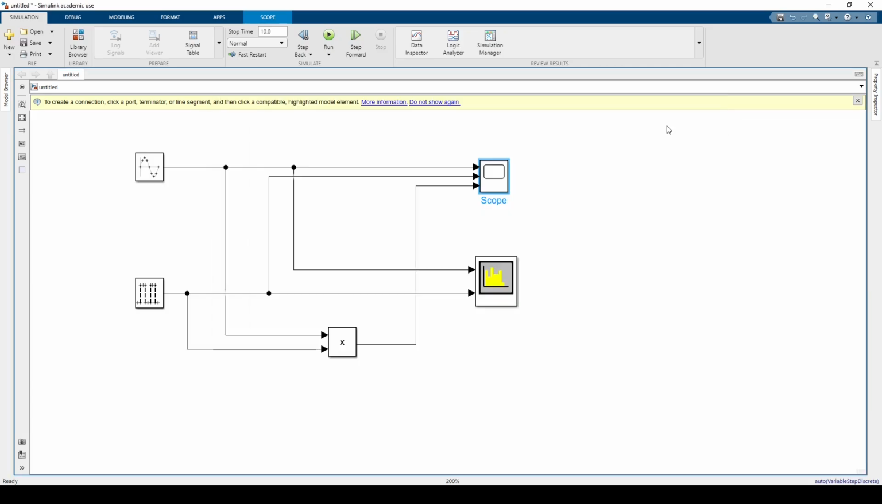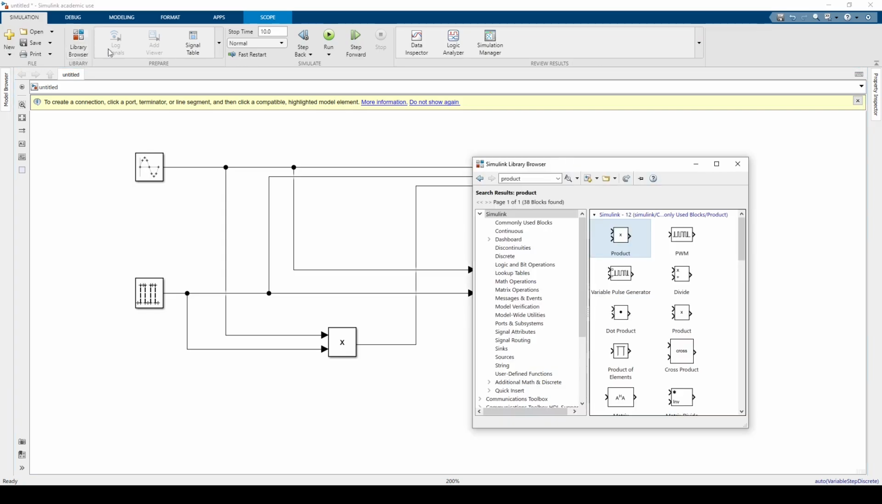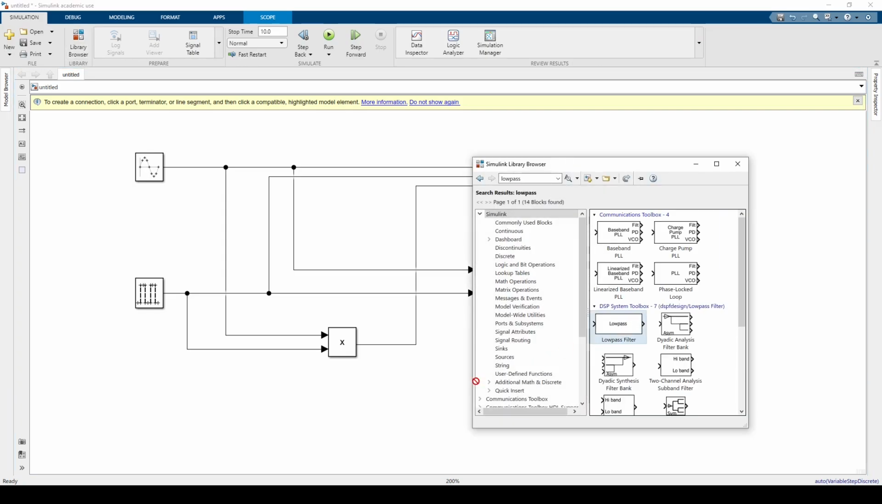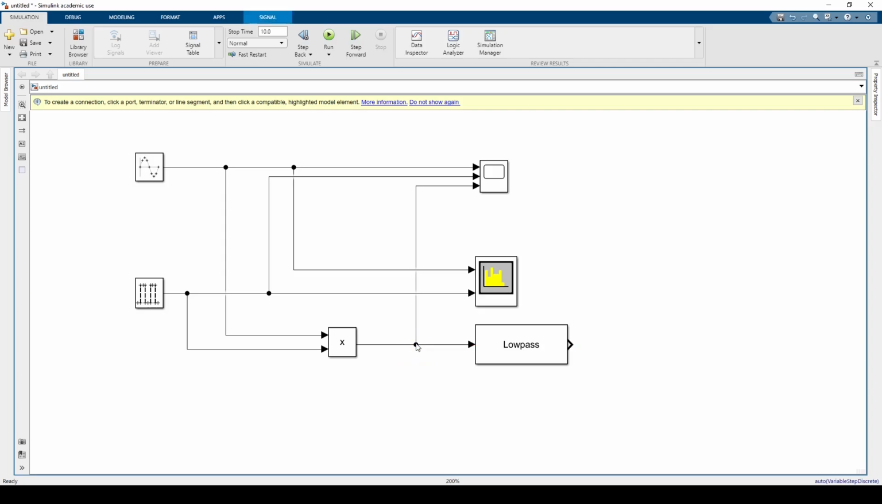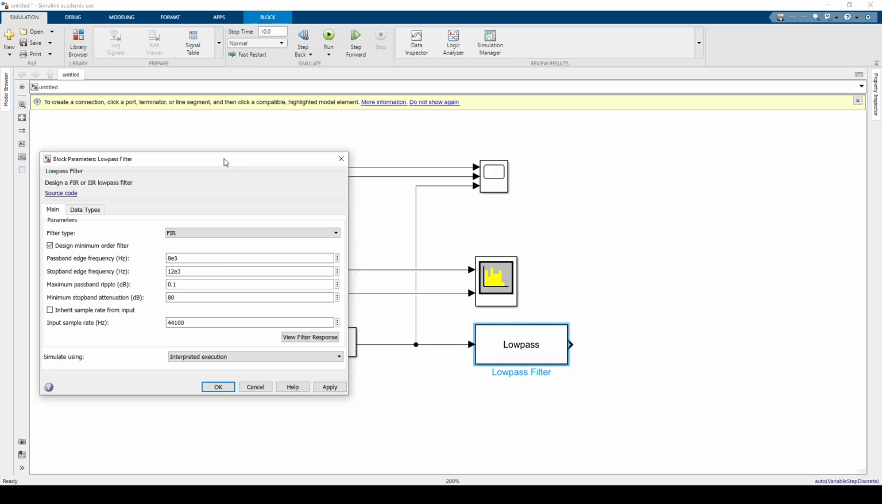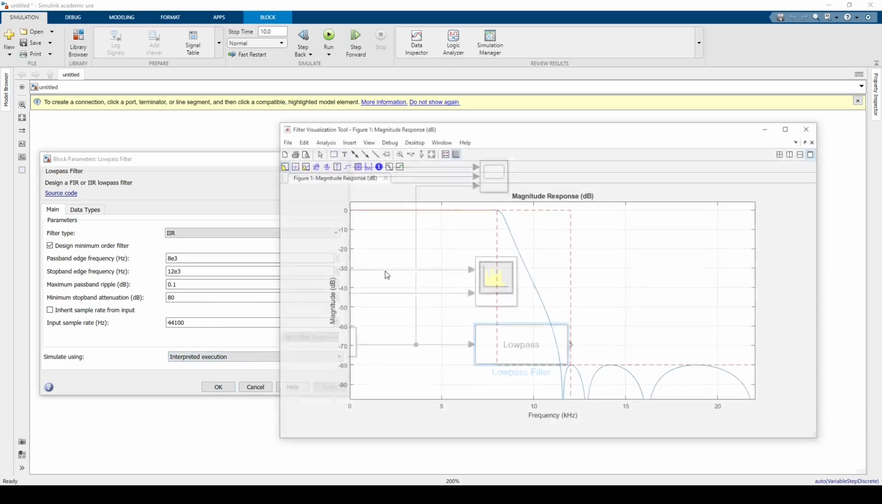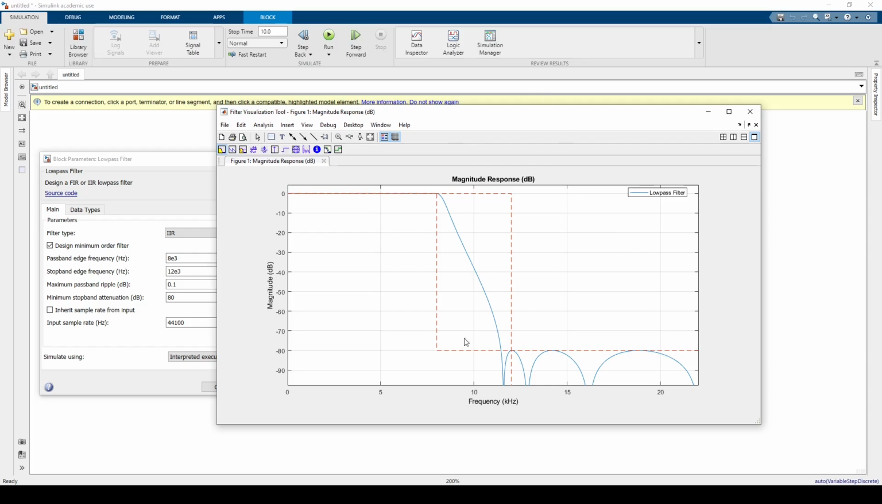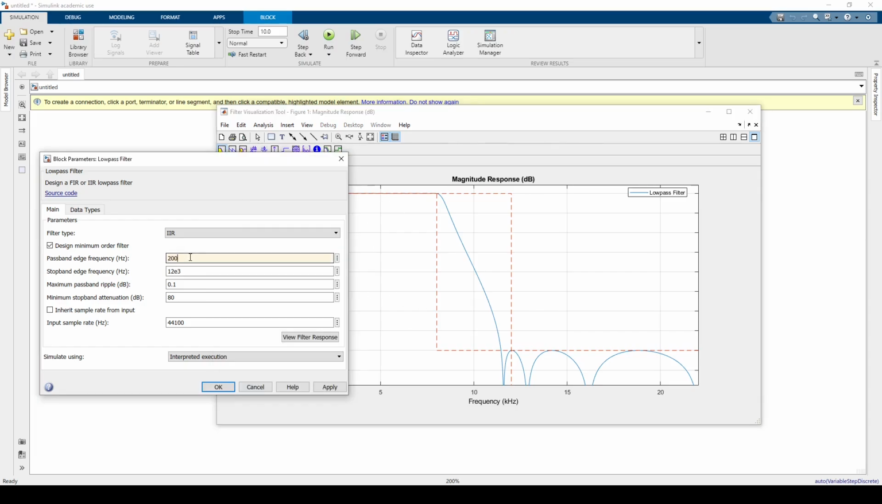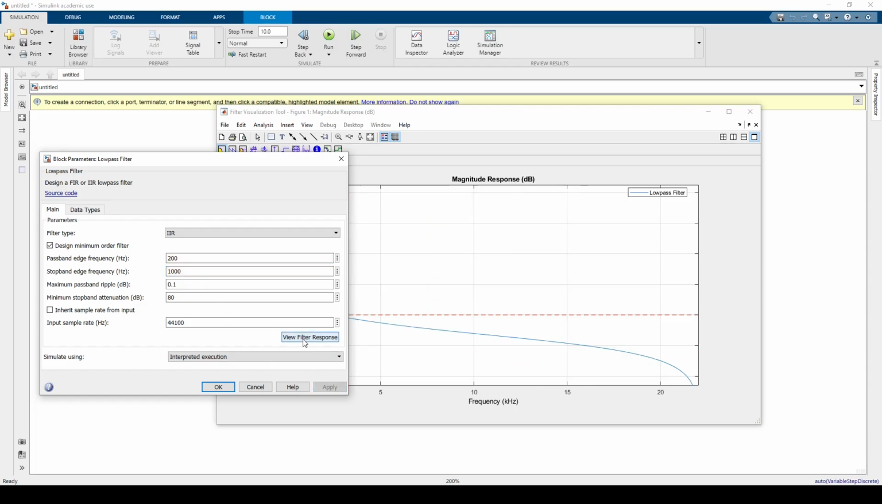We can reconstruct the original sine wave by using a low-pass filter. We're going to change filter type to IIR, and then the passband edge frequency and the stopband edge frequency we can view by hitting view filter response. So the sine wave's frequency is 1 Hertz, so we want to shift this region over to the left more. I'm going to set the passband at 200 Hertz and the stopband at 1000 Hertz. And if you hit apply and view filter response,